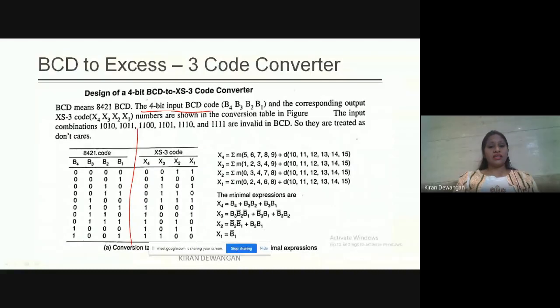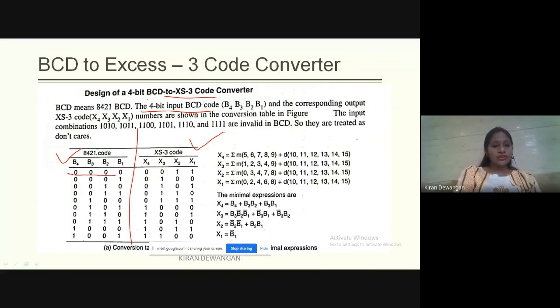4-bit BCD. You need to just differentiate the thing. Binary can be of any number of bits, 2, 3, 4, 5, any number of bits. But BCD is a code and it is fixed and it is of 4-bit. Similarly, the XS3 is also a code and it is also fixed and that is also of 4-bit. Clear? As we have already studied in previous classes that 8421 code, which is a BCD code, we can convert it to XS3 code.